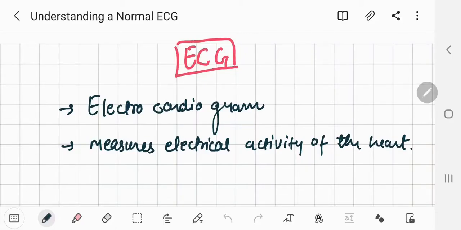This is Dr. Spinach. So in this video we are going to talk about normal ECG. We are going to interpret the ECG, the waves that are shown